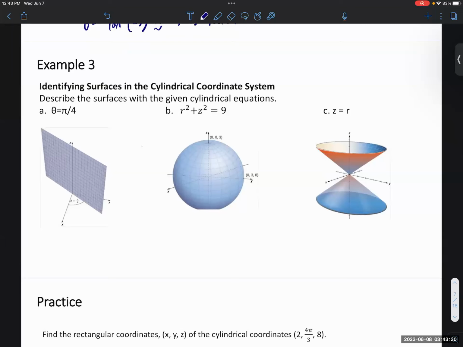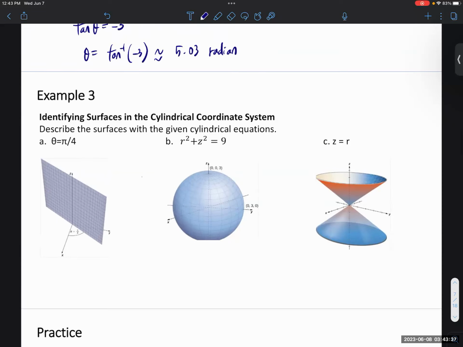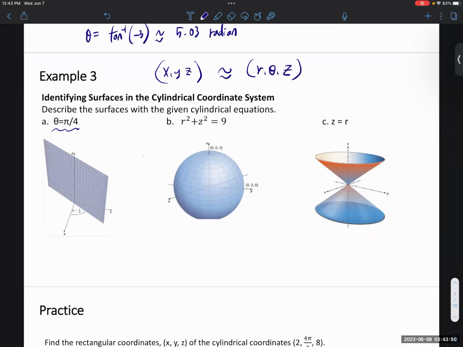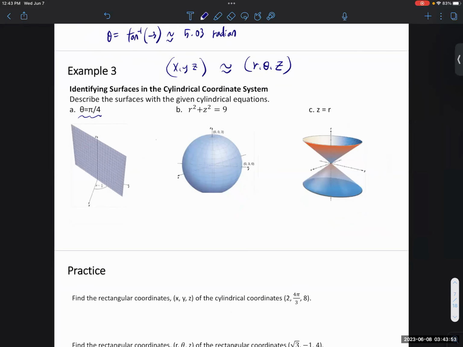So what's going on here? I just want to take a look at more information. We just talked about it: x, y, z, you can convert to r, theta, z in terms of the cylindrical. So what does that actually mean if I have theta equal to pi over 4? I'm going to explain it. When the angle theta is held at pi over 4, it is constant